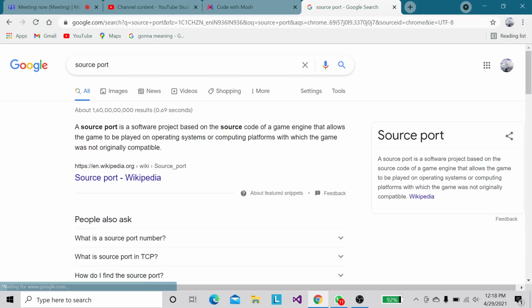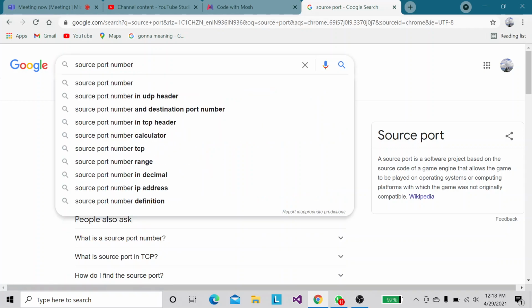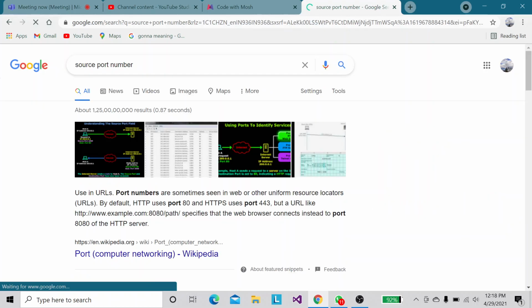I'll ask someone else. Madhav Nirola. Yes, sir. What will be the source port number? Okay, no idea, no problem. Can you elaborate the problem?